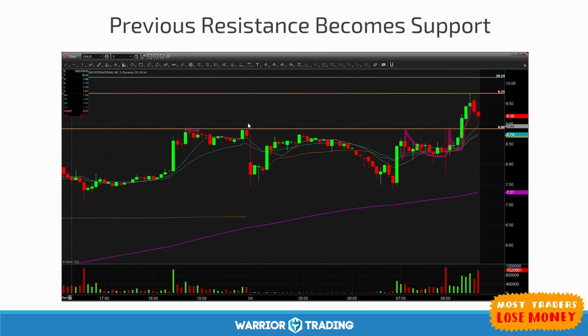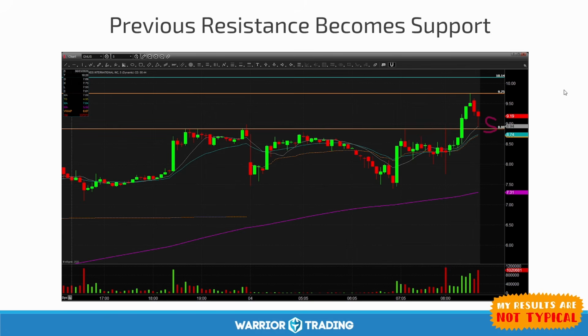It does attempt to break here, but is not able to hold that level, which is then considered a false breakout. And one of the things that we've talked about as well is that if you miss the breakout, you can certainly watch 1 minute micro pullbacks. But in this case, even on the 5-minute, it comes back and retests the previous level. So what initially was resistance then gets broken, and when it comes back down, it's tested to see whether or not this level is going to become support. I've got some really good examples of this when we're looking at